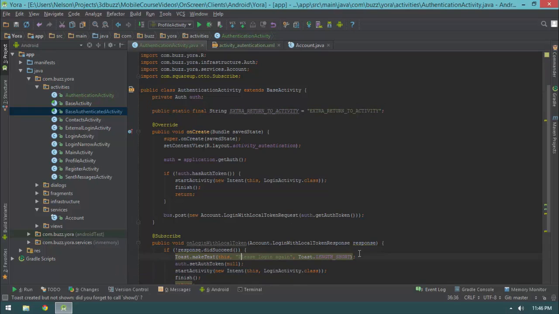Hold on. IntelliJ is warning me that I didn't show that toast. I have a really bad problem forgetting that, which is probably why they put that reminder in there. It's very handy. Don't ignore IntelliJ warnings. Anyway, now I have this EXTRA_RETURN_TO_ACTIVITY, which is going to contain the class of the activity